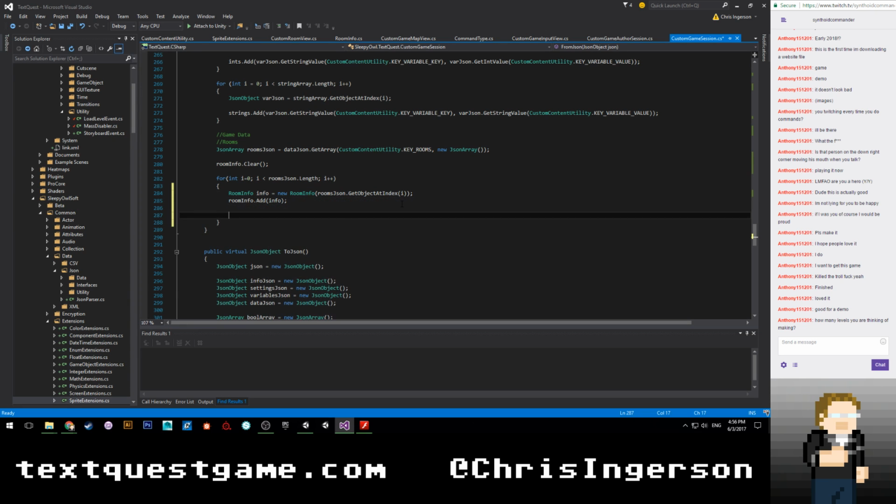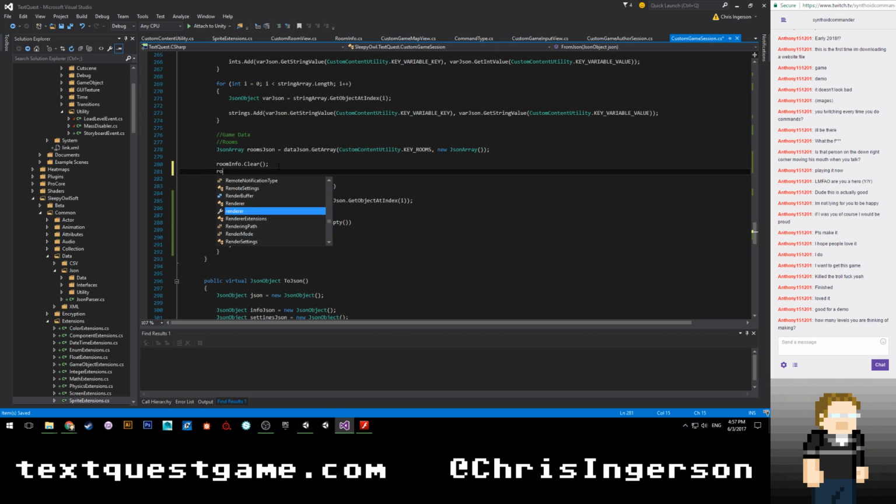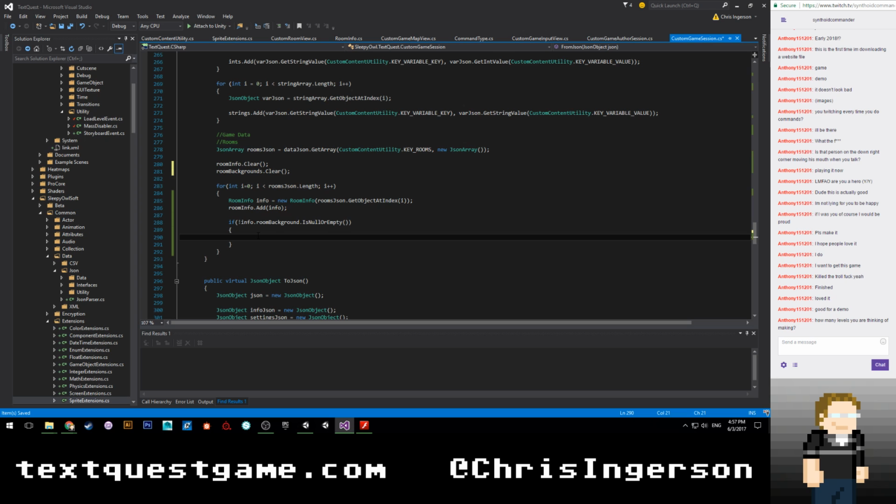And then at the end here, we're going to say if info.roomBackground does not equal, or sorry, not is null or empty. So if it's not that, then we'll need to actually load that sprite. So we're going to say backgrounds.Clear, room backgrounds.Add